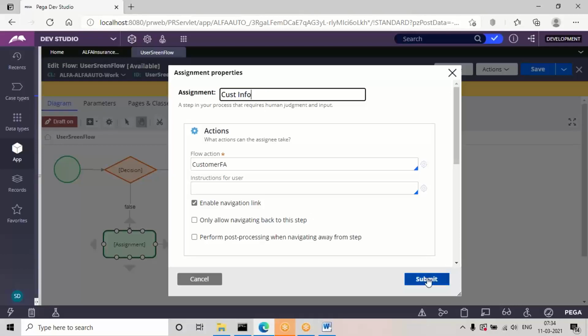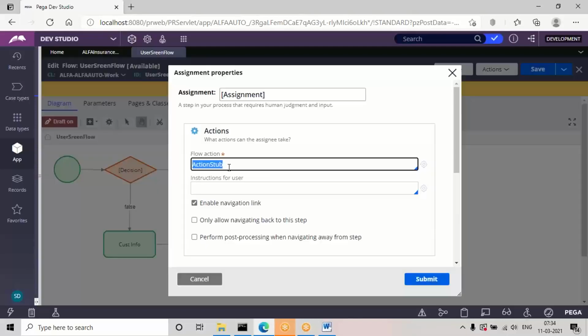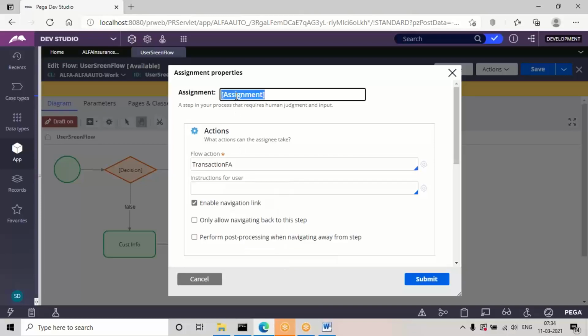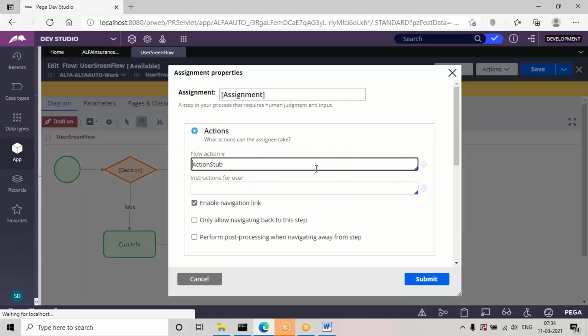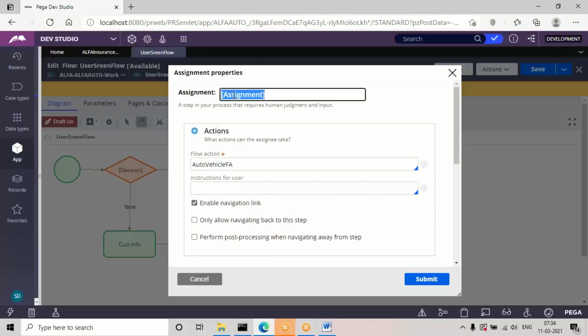So give the label. In the second assignment give transaction flow action. And in the third one, auto vehicle flow action, not personal vehicle. Here we need to provide auto vehicle flow action. Internally, this circumstance condition will apply.